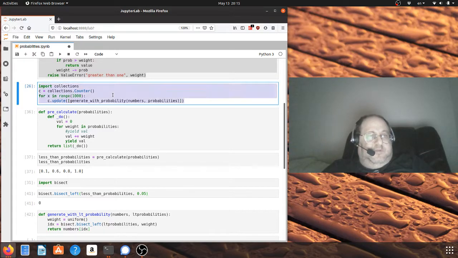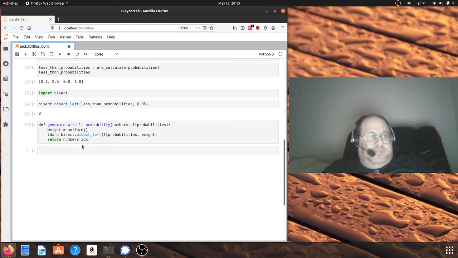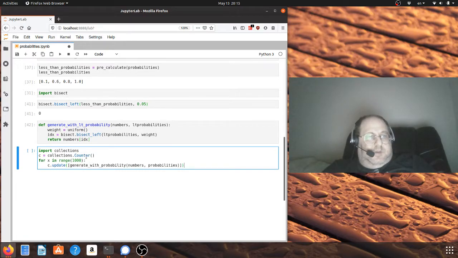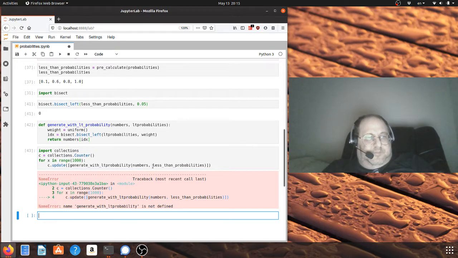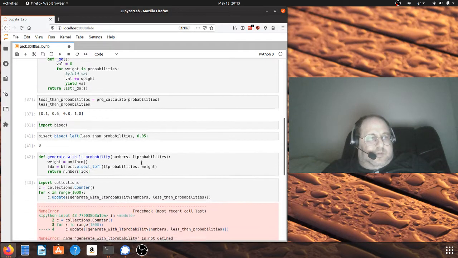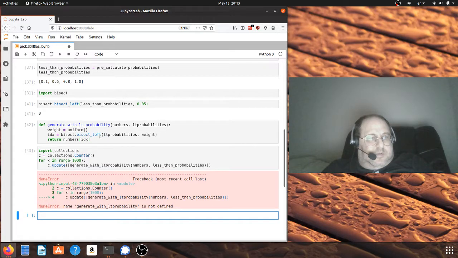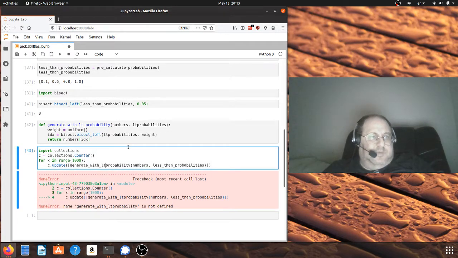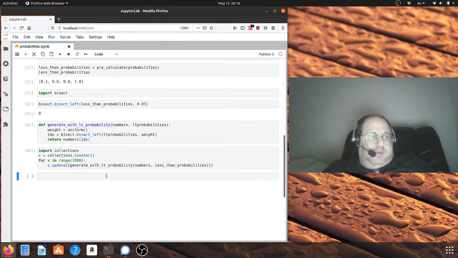So we'll again generate with LT, and here we need to give less than probabilities. Generate with LT. That's not, oh, because I missed an underscore. Okay, good. And now if we do C,